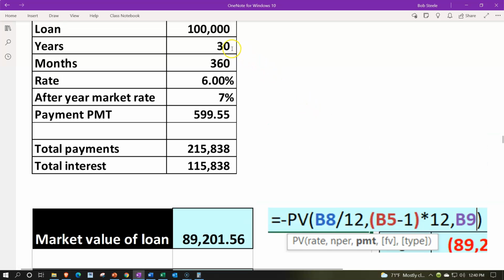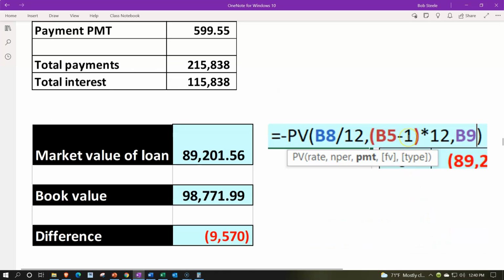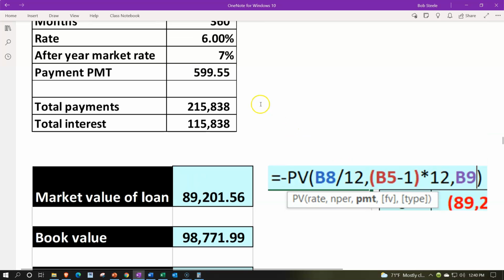We take the 30 up top minus the 29 years, and then multiply that times 12 to get the number of months. And then we're going to be picking up the payment, the stream of payments that we have. In essence, we have an annuity of $599.55. That means that if we look at this stream of payments, the $599.55 for the next 29 years of monthly payments at the rate of 7%, we present value that stream of payments,